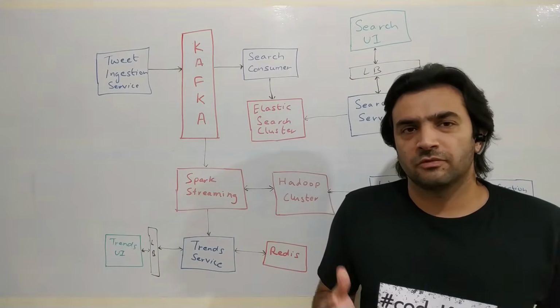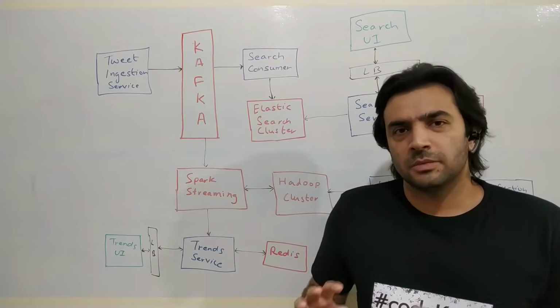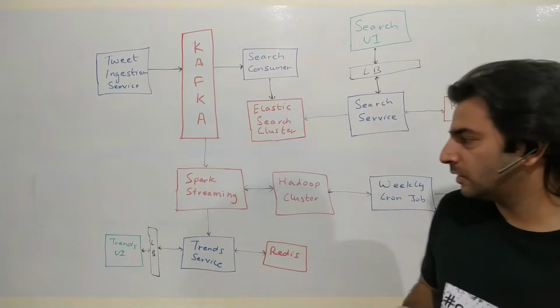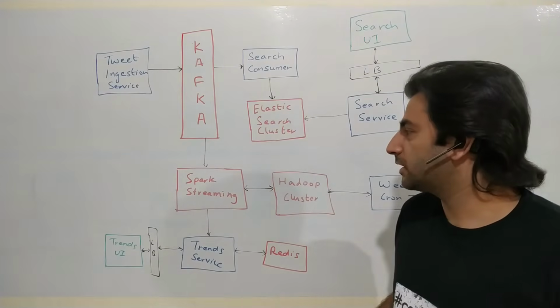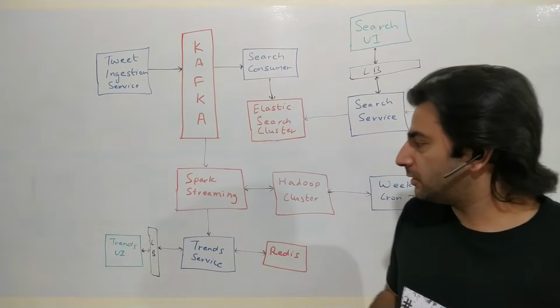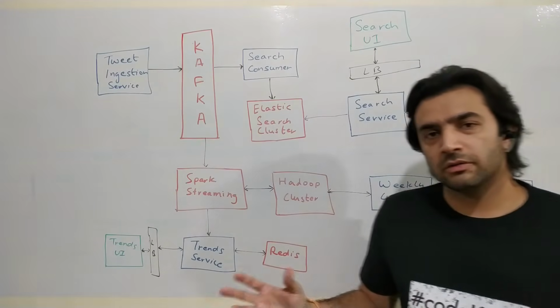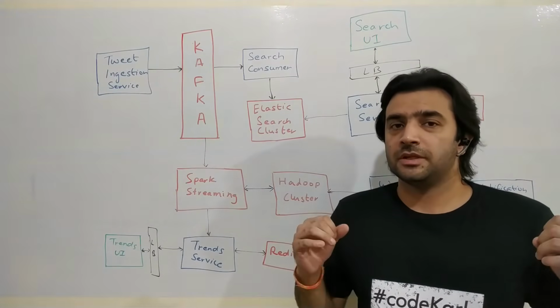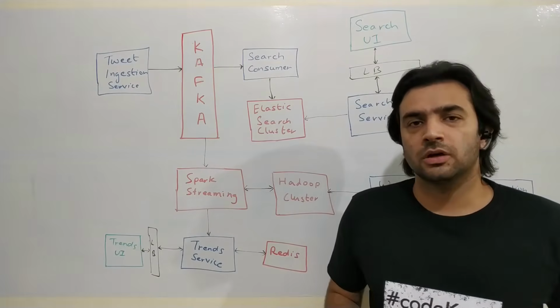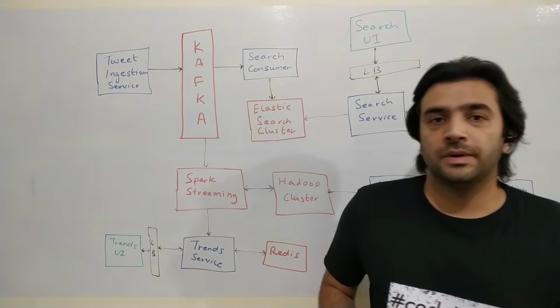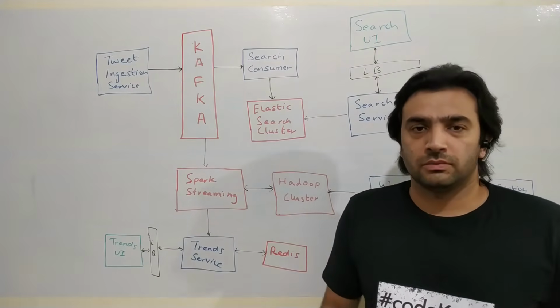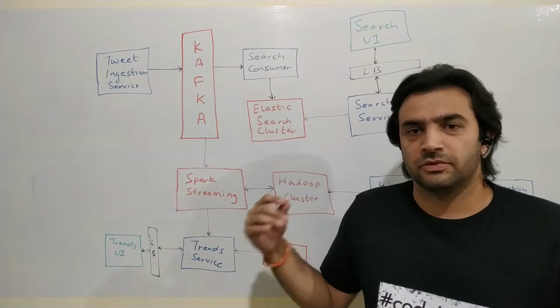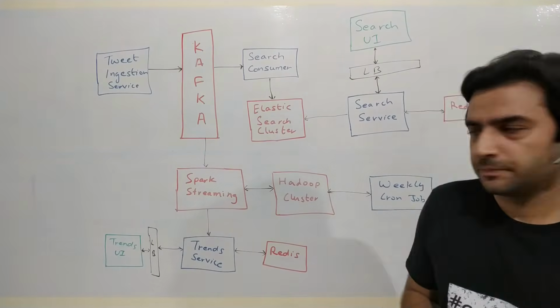So it is a bit fault tolerant as well. Good. Coming to the next set of things. By the way, right now we just talked about trends in general. These trends could also be calculated at a geographical level, saying what are people from India talking about, or what are people from, let's say, France talking about, or any such thing.